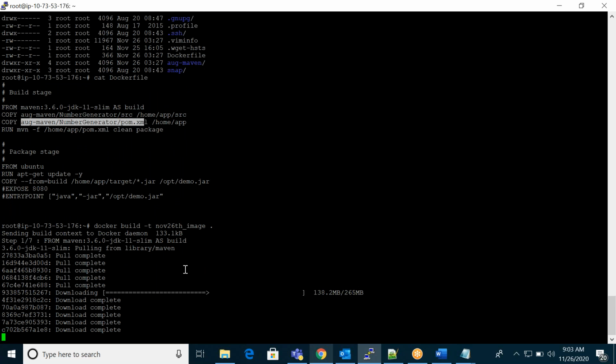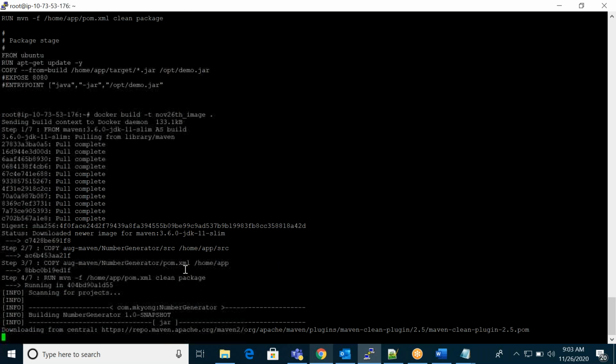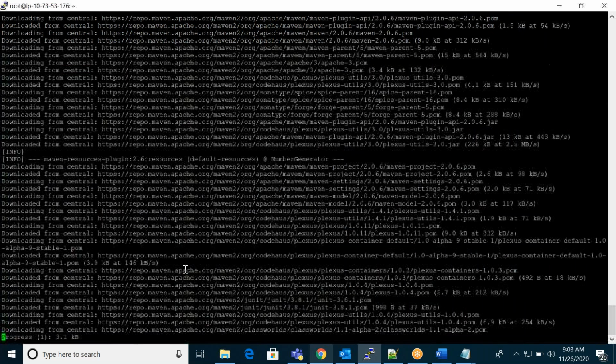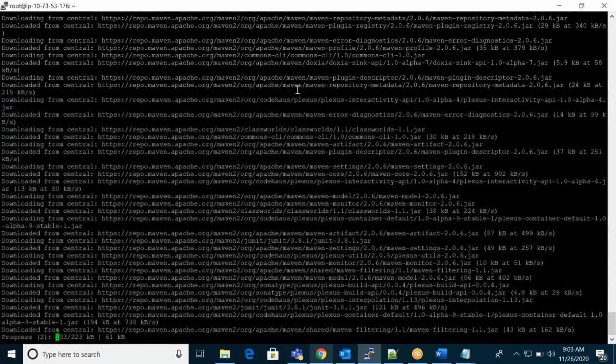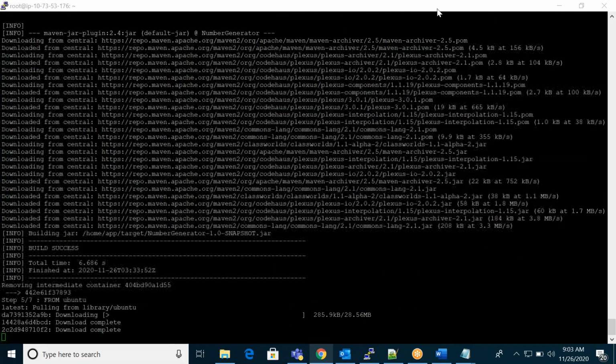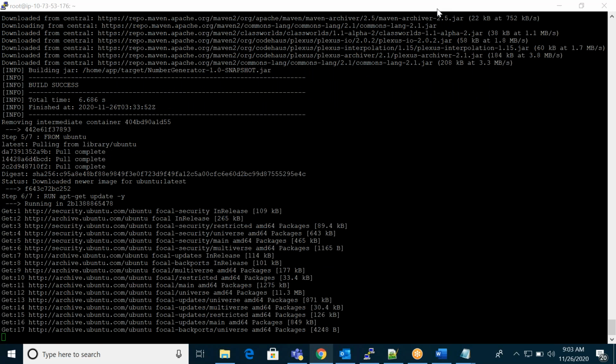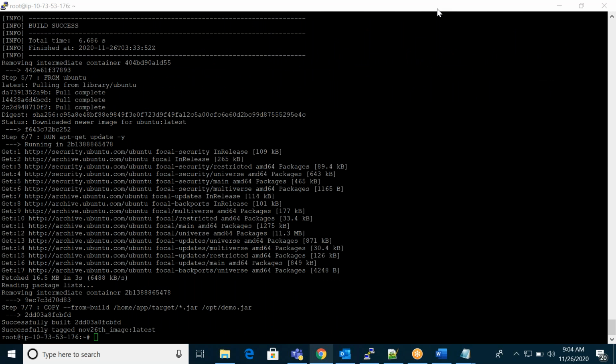You can see, by default it's pulling. If you don't have that image on your local server, it will first pull it, then continue. Done.